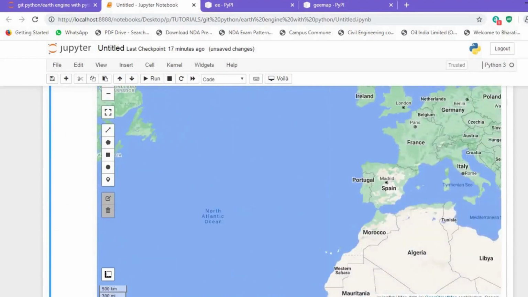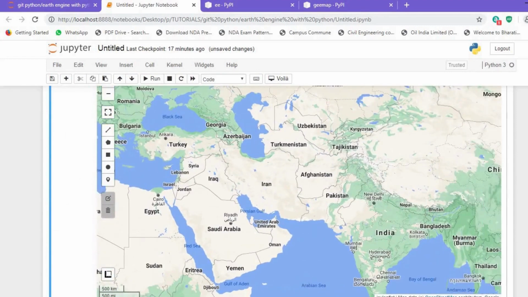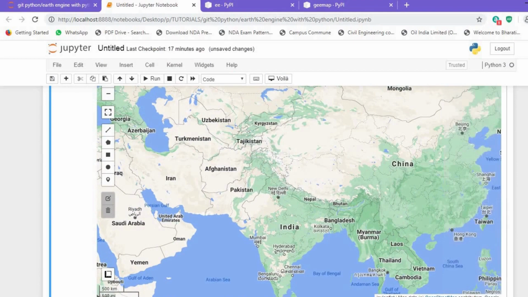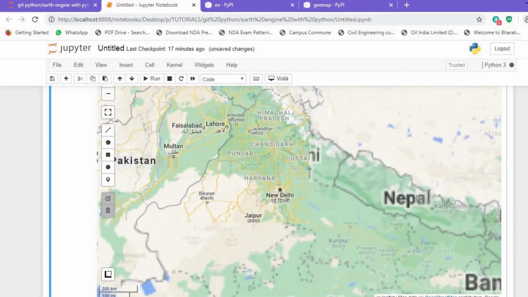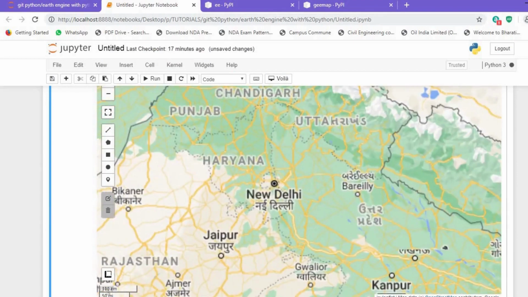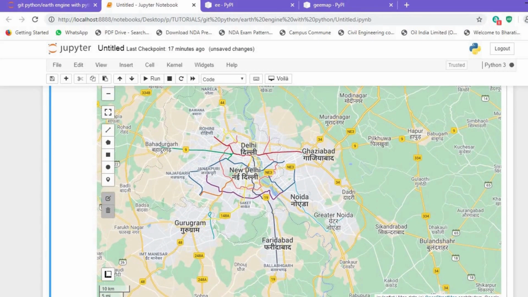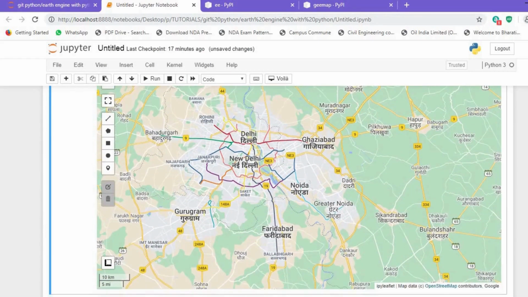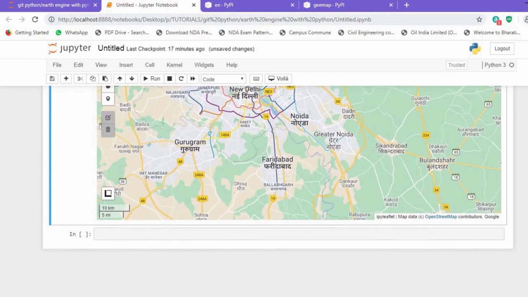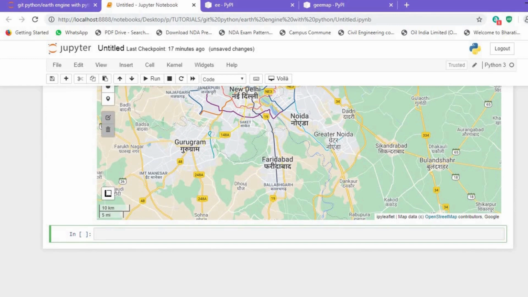So let's zoom in. You can drag it, you can zoom it, you can create points, lines and polygons on it, similar to your Google Earth map. So let's zoom to our location. This is the location. We'll be creating a true color image for this particular region, that is the Delhi NCR region. But there is an issue. Every time I run the function, the map reboots itself and we have to zoom and drag to the target location. So let's set a map center.